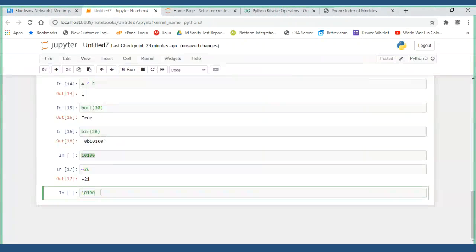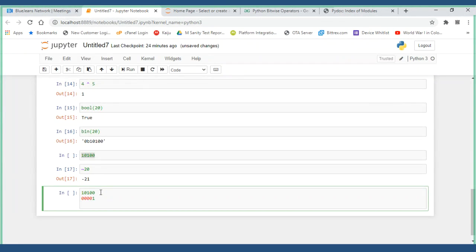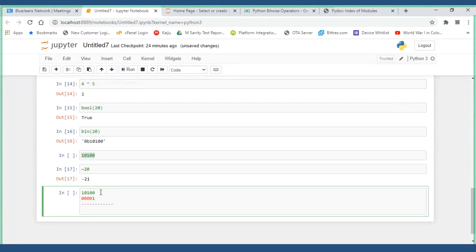So this is 20. Now you add 1 to it: 0, 0, 0, 0, 1. What will it become? 21. It will become 21. How will it become 21? When you add 1, 0, 1, it will become 21.